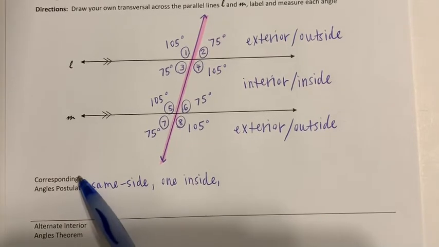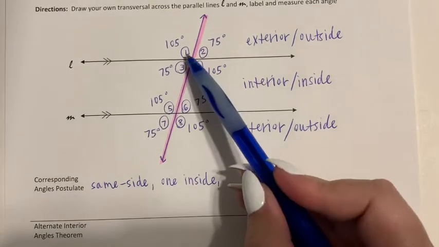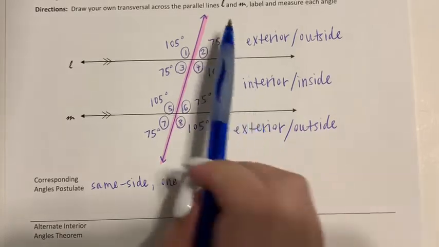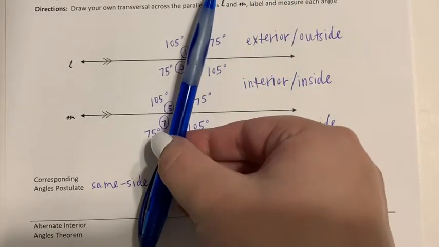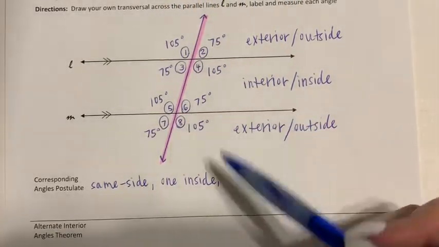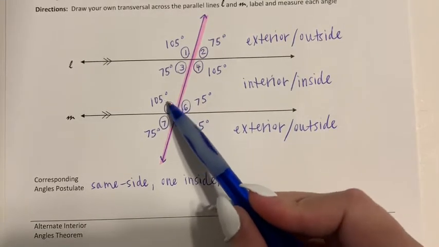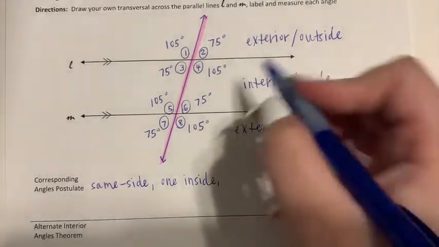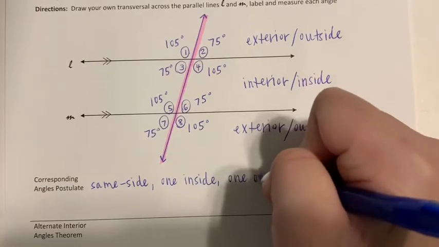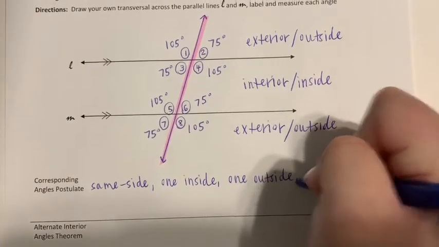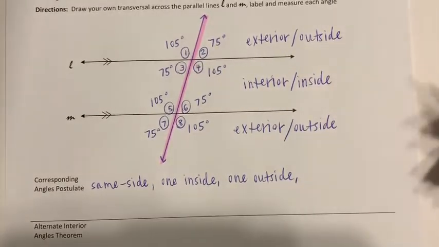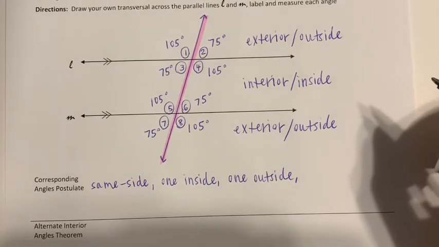So corresponding angles postulate, that would be like angles 1 and 5. They are on the same side of my pink transversal. One of them is on the inside region, so that would be like angle 5. The other one is on the outside, so that would be like angle 1. And we will make a note that they are